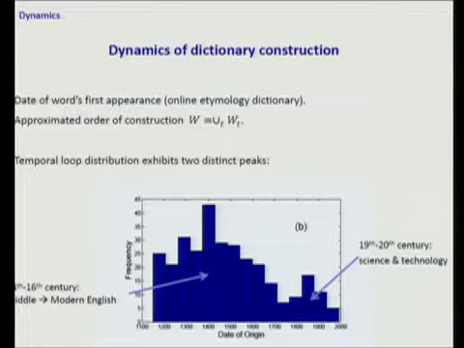And then you see another separate peak around 1900, which, if you look at exactly what loops appear during this period, you will find are mostly connected to technology and scientific terms. Because, you know, this is the Industrial Revolution. There is a lot of scientific